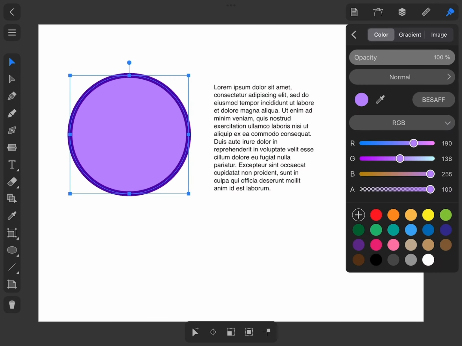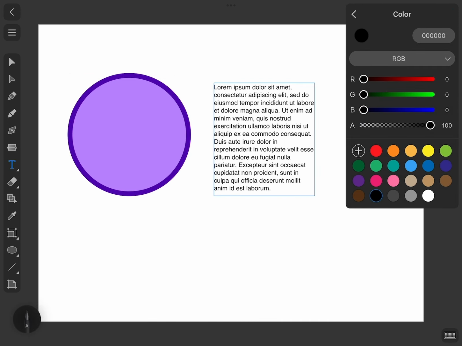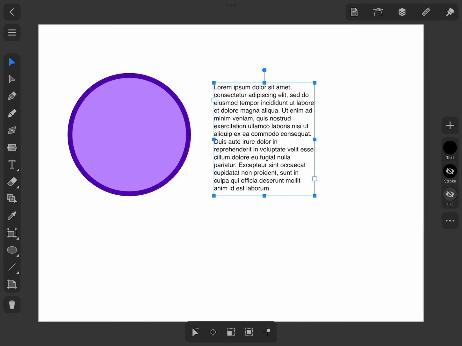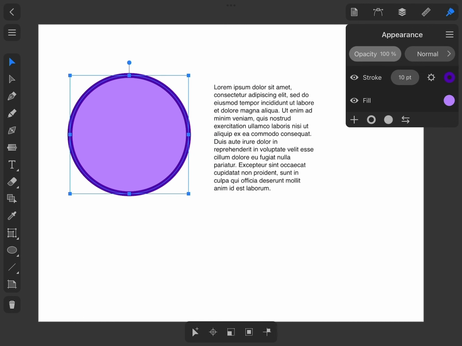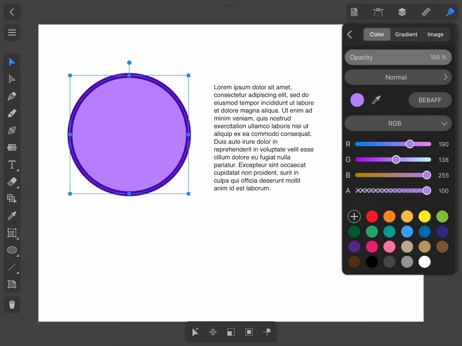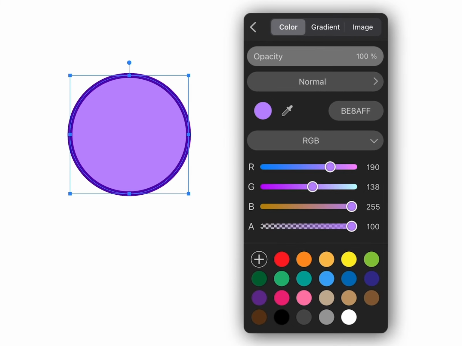Any color button brings up either the standard color panel or its simplified version with only one section. This depends on what kind of color property you are adjusting. Let's explore the color panel in detail. All of the three sections have the opacity and blend mode settings at the top. The color section is used to choose a plain color for an object or effect.